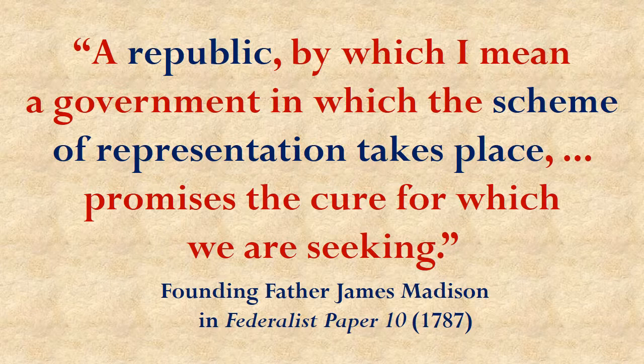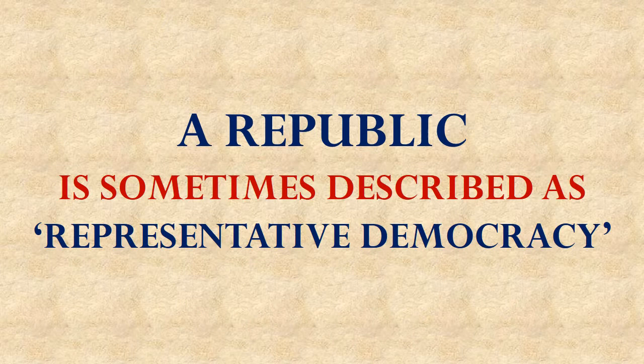Madison argued that the solution to the problem of choosing a form of government is to be found in a scheme of representation. This is what he called a republic. What Madison called a republic, we sometimes call representative democracy, even though that description is an inaccurate contradiction. Any scheme involving the people being represented in government is not true democracy. In a real democracy, the people are already part of the government and need no representatives.